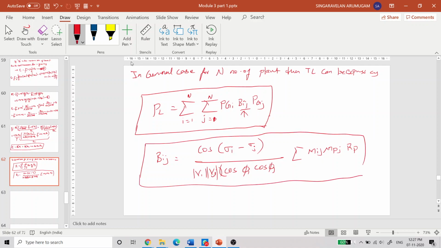Here we need to assume something before proceeding, or if you are using this formula anywhere, we need to keep our initial assumptions in mind. What are the initial assumptions? All the currents maintain a constant ratio to the load current, the voltage at all plants remains constant, the Q by P ratio at each plant remains constant, and delta i at all buses is constant. So these are the initial assumptions I mentioned. You need to keep those assumptions in mind while applying these equations or steps to your problem.